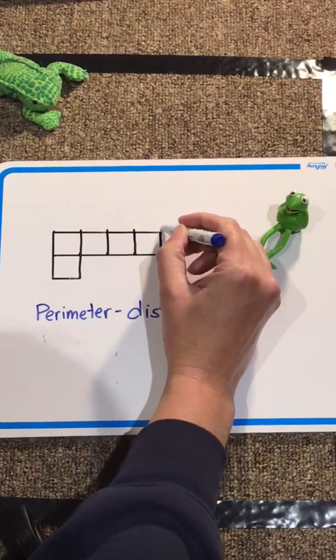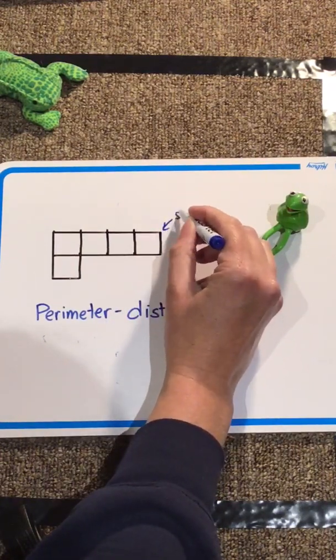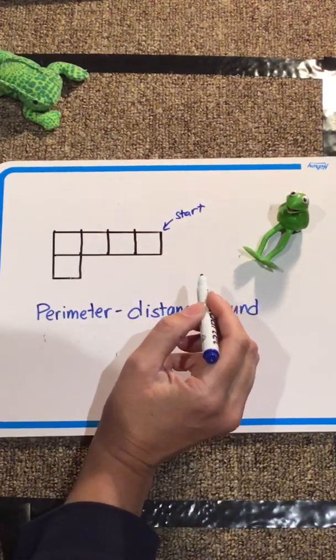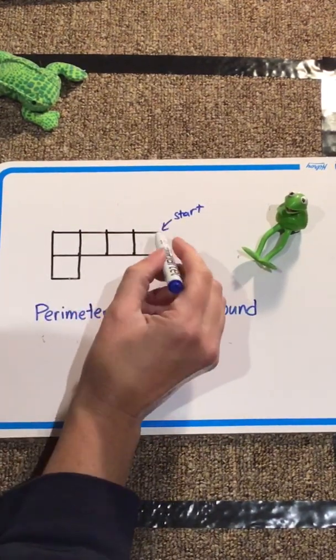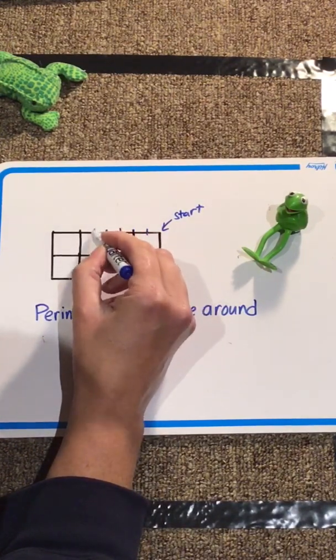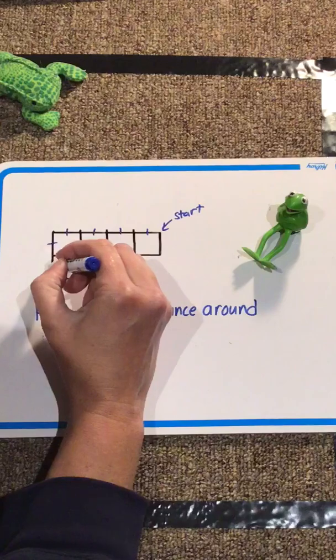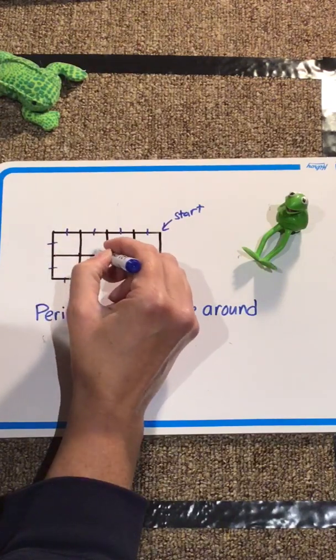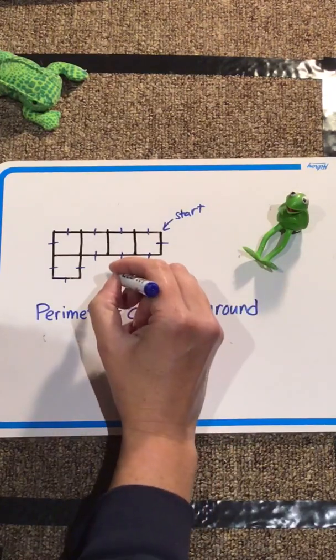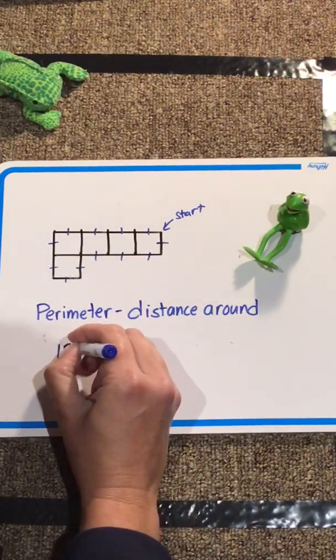I always like to mark where I've started so that I don't get confused and keep counting or doing more laps than we really need to. Okay, so Kermie started here. He jumped once, twice, 3, 4, 5, 6, 7, 8, 9, 10, 11, 12. So the perimeter of this shape is 12